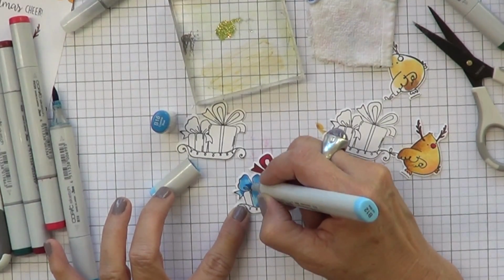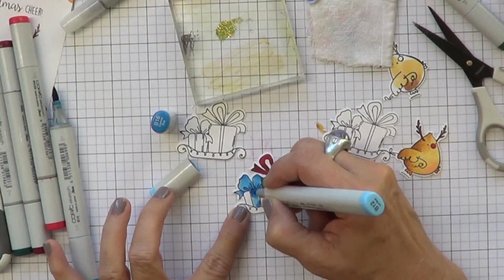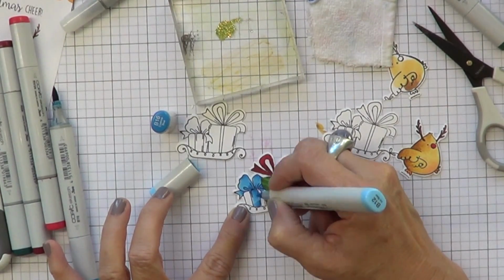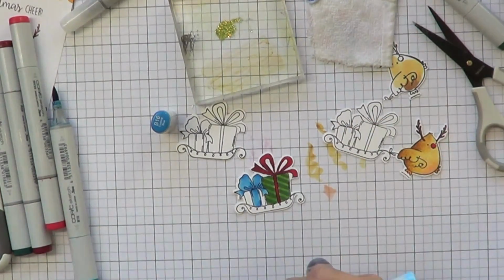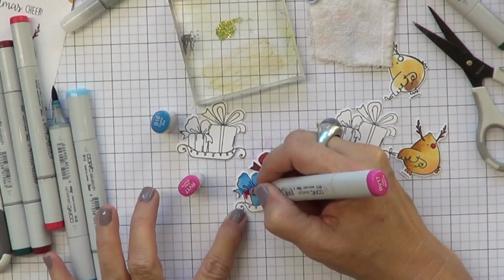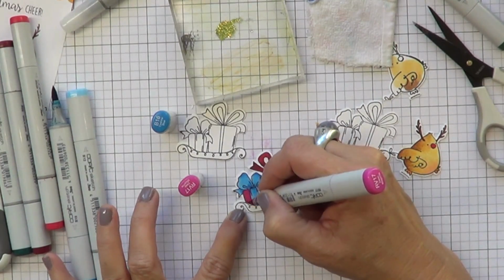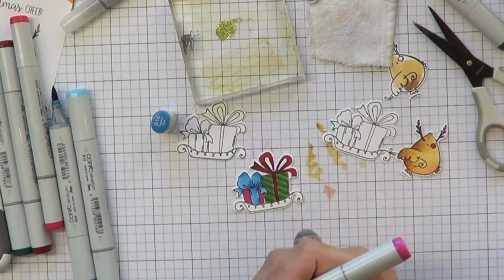What I love on the packaging of the Stampin' Bella stamps, they're colored images, so it really is a great guide for you if you're not too sure where to add shading or even what colors to use. It's just a great guide. Now I'm adding pink to the packaging on this present, and then I'm going to take my zero